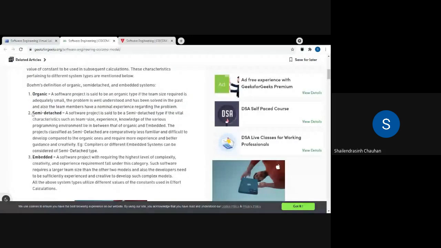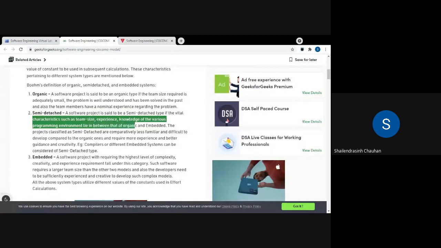Second is semi-detached. To categorize any project under the semi-detached category, the criteria are: a software project is said to be semi-detached type if vital characteristics such as team size, experience, and knowledge of various programming environments lie between organic and embedded.